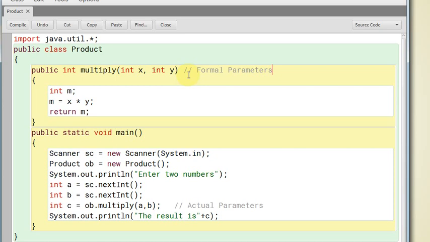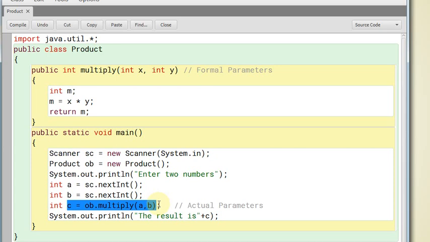So here, when we are calling the function multiply, we are passing two values through the actual parameters a and b, which are then received by two different parameters x and y, which are formal parameters. Inside the body of the function these values are multiplied and then it returns the value, which is again received by another variable in the caller method.